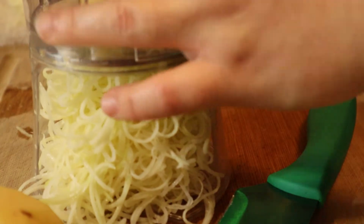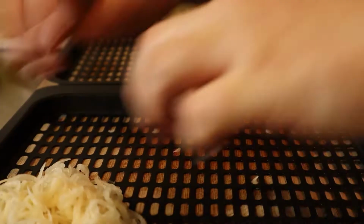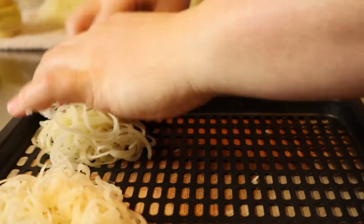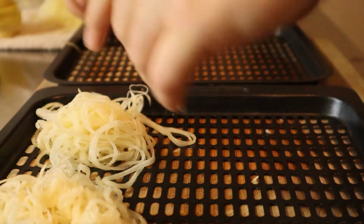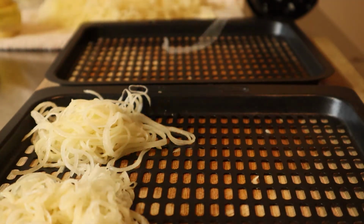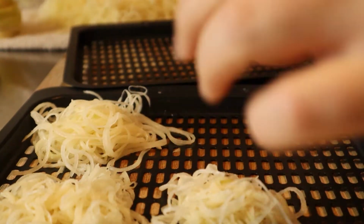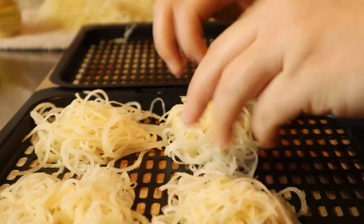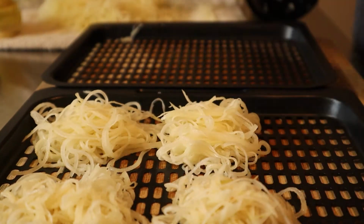So once I'm done spiralizing all the potatoes, I put them on a towel to absorb the moisture, and then on my air fryer sheets, I'm just putting them into these mounds and just continuing this process, making sure there's enough space between each one. And then on my next air fryer sheet, I'm just going to spread the potatoes evenly along the layer